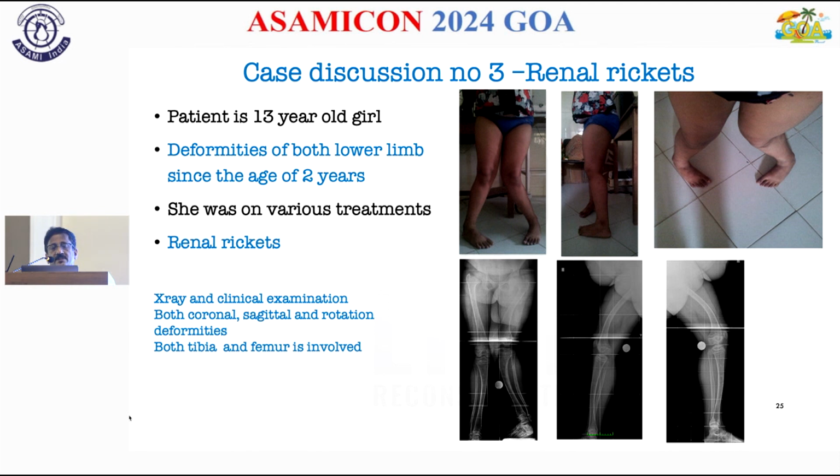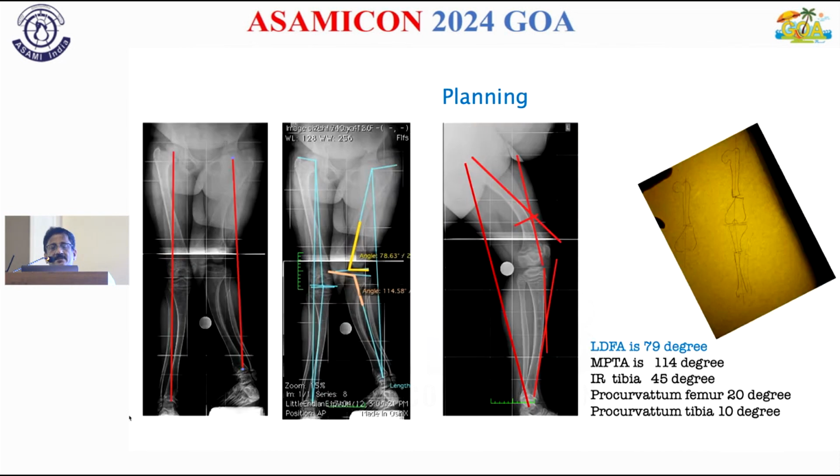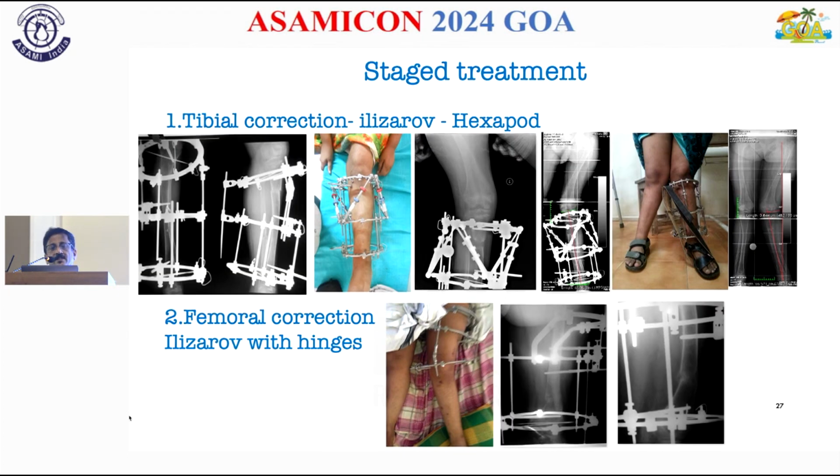She was treating with various places, and finally came to me. And these were the X-rays and clinical picture, and the planning was done. And he would decide to do it in two stages, first in the tibia and then in the femur. So the tibial deformity was corrected with Elizarov, initially with the Elizarov hinges, followed by the X support to refine